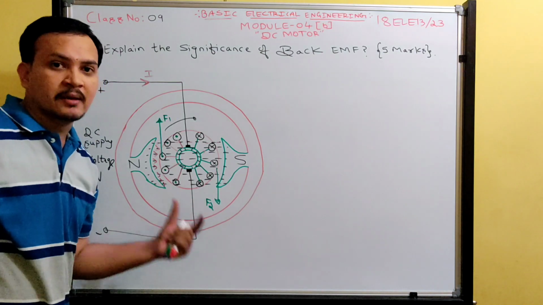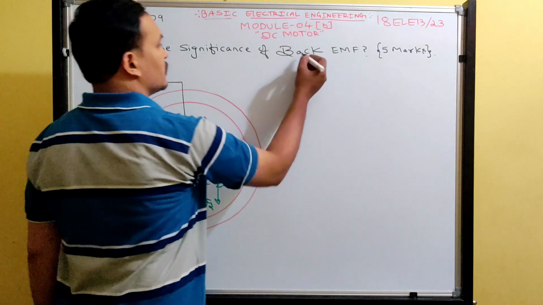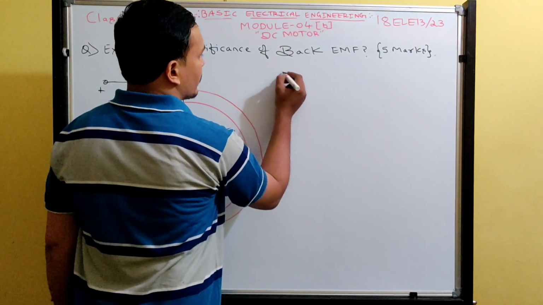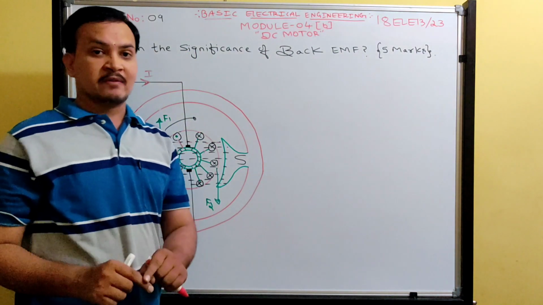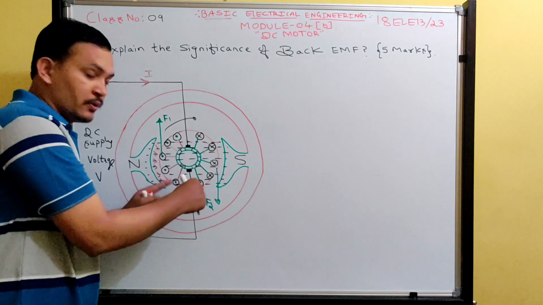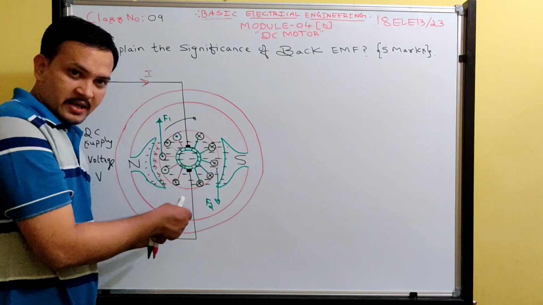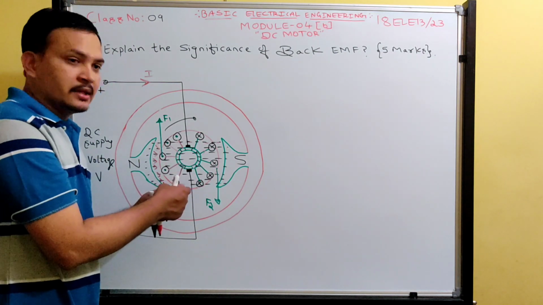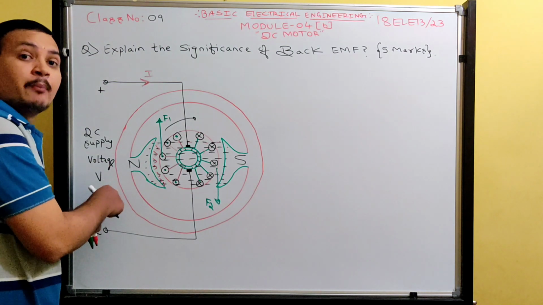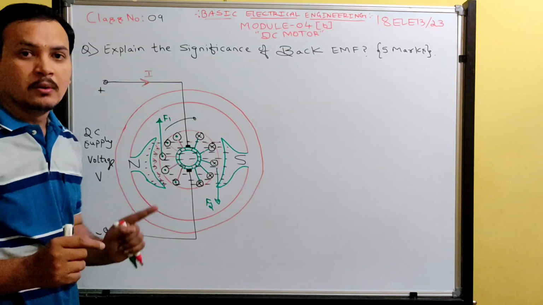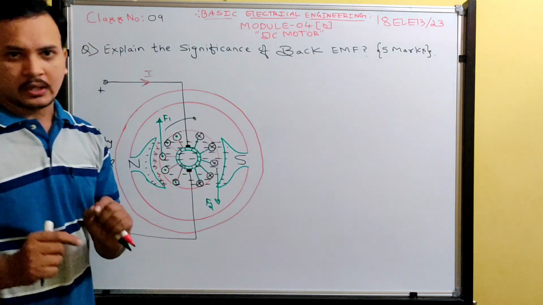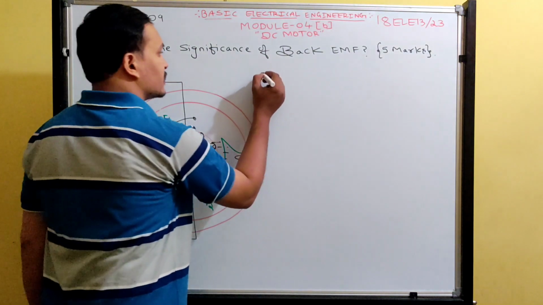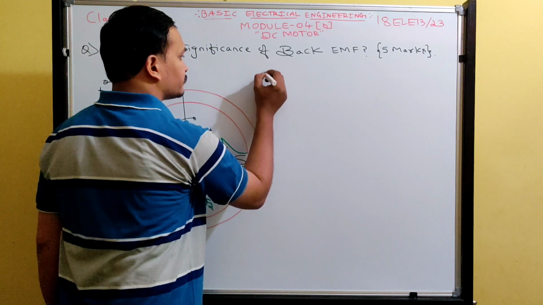That induced EMF is called back EMF. Understood? Why it is called back EMF: whatever voltage is produced in the armature opposes the applied voltage according to Lenz's law. So it is called back EMF. Got it, guys? So what is the point you should write is,